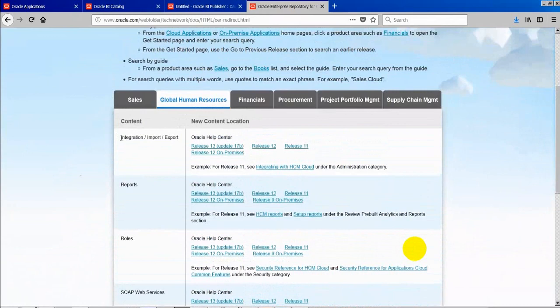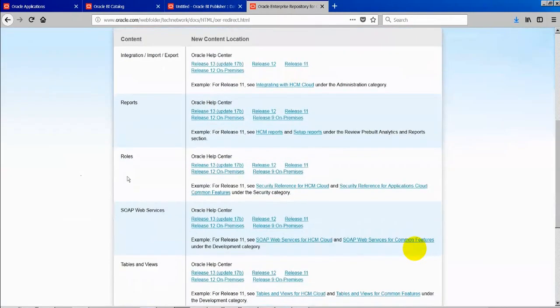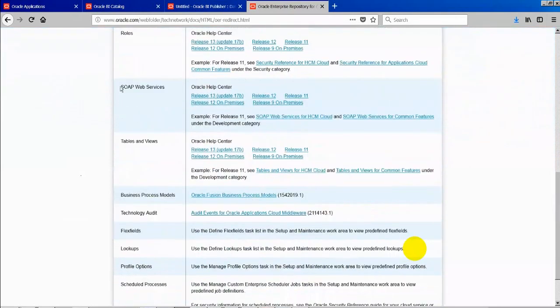If you want to talk about integration, we have the integration documentation for each release. If it is about reports, we have the documentation by each release. If it is security roles, we have documentation by each release; we're going to talk about these roles from the next session onwards. If you talk about web services, this is the documentation. If you talk about tables and views, this is the documentation.